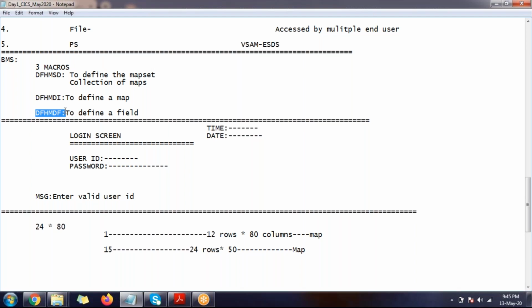Venkat, you mean to say whatever map we are defining, we always have to use map set, map, and define a field, whether it is protected or unprotected, right? Correct. So by looking at the screen, we can't say that this is map set or this is map, correct?